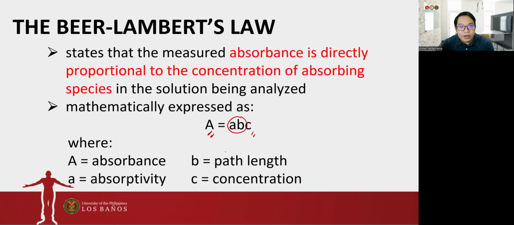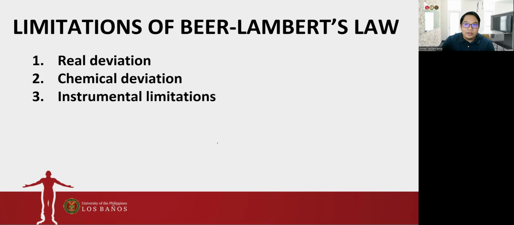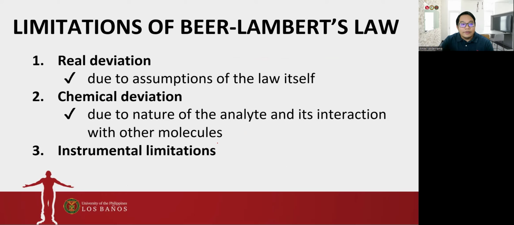Okay? So itong ating Beer-Lambert's law, it also has its limitations. So we have the real deviation, the chemical deviation, and the instrumental limitations. So first, let's deal with real deviation. Real deviation is due to the assumption of the law itself. Okay? So in the law itself, di ba, we mentioned that the absorbance is directly proportional to its concentration. But this only works for dilute solutions. Okay? So if you're going to plot a certain absorbance versus concentration,